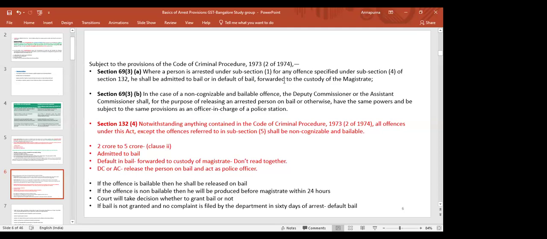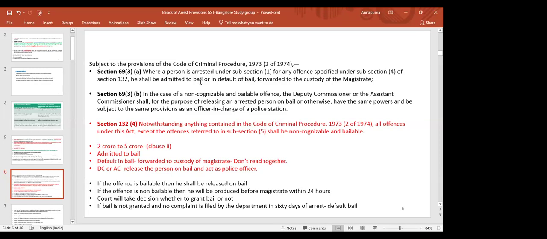Then it says that where a person is arrested for an offense, he shall be admitted to bail or, in default of bail, forwarded to the custody of magistrate. So while I was reading this, I was thinking, when it is bailable, why will he be forwarded to the custody of magistrate? So my reading was, he will be admitted to bail or in default of bail. So what is this default of bail? When I was reading this, admitted to bail and forwarded to the custody of magistrate, I thought this may not be applicable for a bailable offense. Then I read again during the break, and